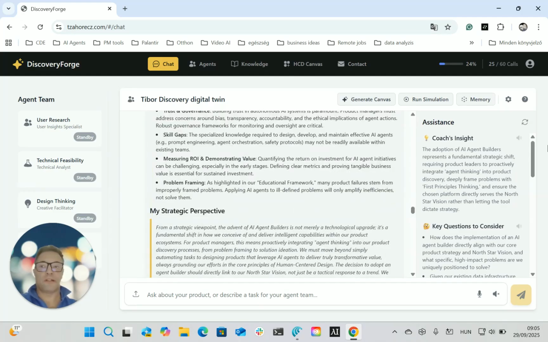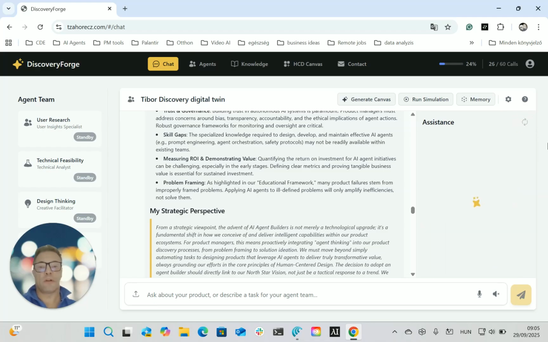The thing in this user interface, there is a side panel. It's a context aware assistant. I want to mention that it's not in real time, because in that case it usually consumes too many APIs. So if you want to get a context aware assistance, you have to press this button, which is taking all